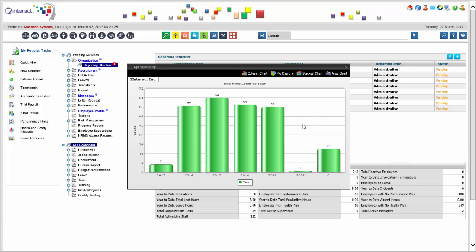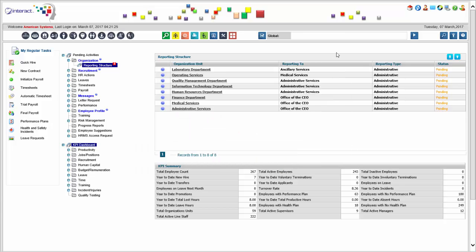Interact HRMS has a complete talent management suite which contains multiple modules including competency management, performance management, succession planning, career planning, training management, but also training evaluation and progress reporting. What we're going to show you right now is how the training evaluation module ties into all the other aspects of the system. So first thing I'm going to show you